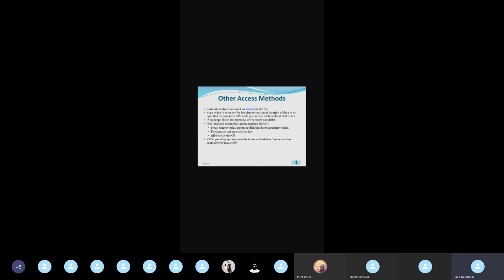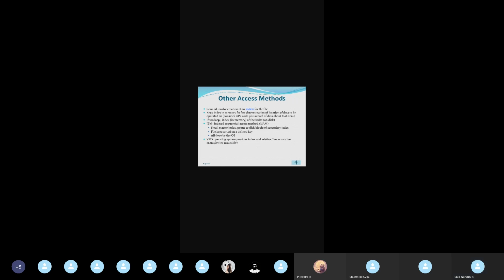So if I need to access this Principles of Operating System book, I will choose it in the ECE department, and in that ECE department only I will be searching for this Principles of Operating System book with that author. Okay, so clear? So if the index itself is large in size, then we will be having an index of index on the disk storage.